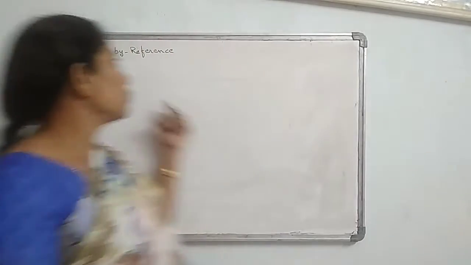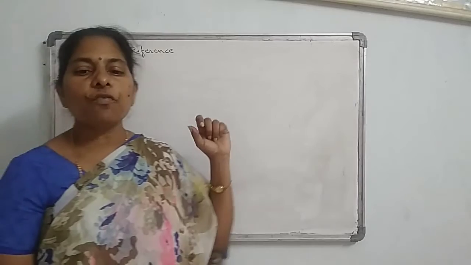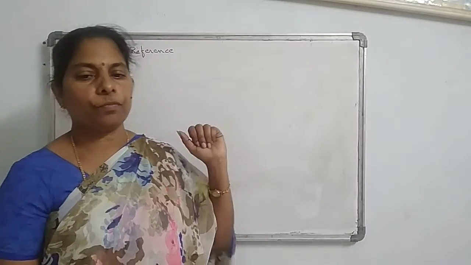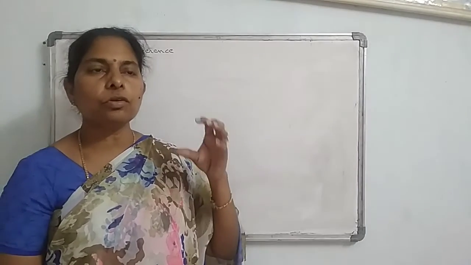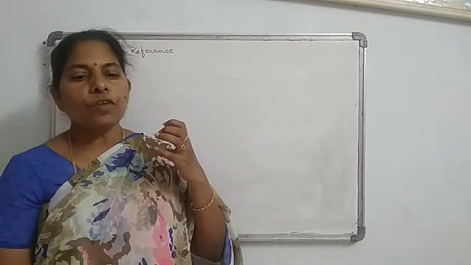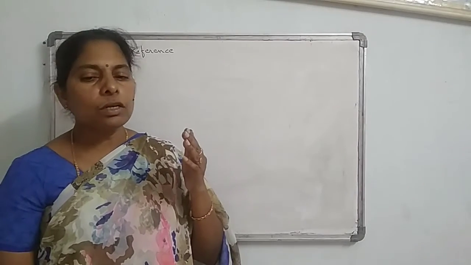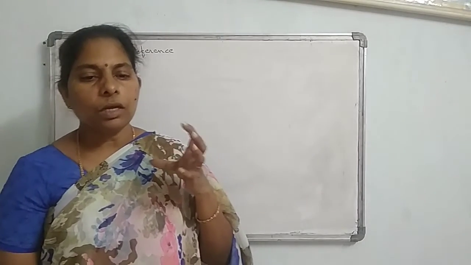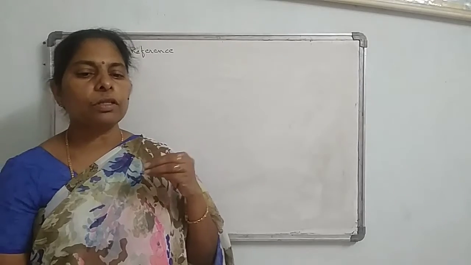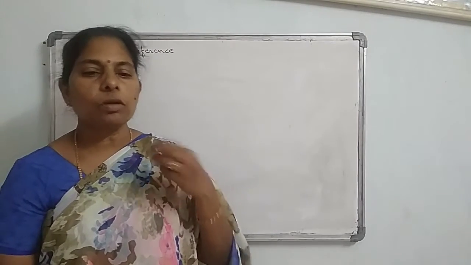The next one is call by reference. In call by reference, the reference value is passed as an argument. If you are taking any argument in that, you must pass the reference value. So if you are passing the reference value, what happens? That means you can pass the reference, the actual arguments. What are the actual arguments you are having? The actual arguments are specified in the call.